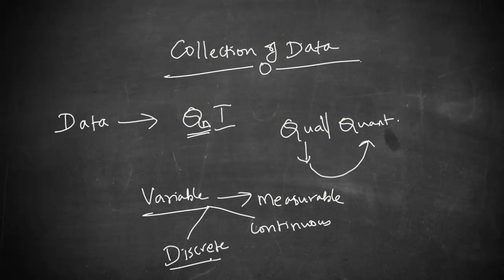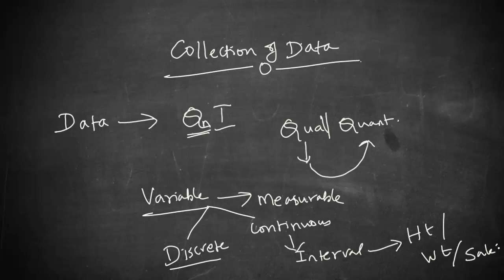So what is a continuous variable? A variable can be called a continuous variable if it can assume any value in a given interval. So let us take some examples. Say you carry the information about height, you carry the information about weight, you carry the information about sales, profit, and so on. So these are all called continuous variables. So this is something related to the quantitative data.